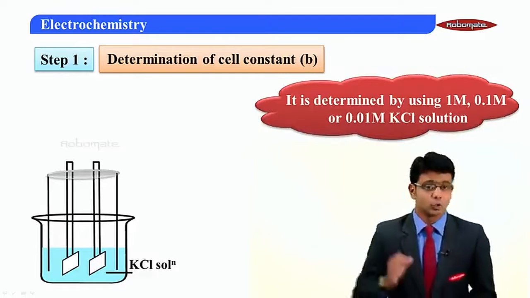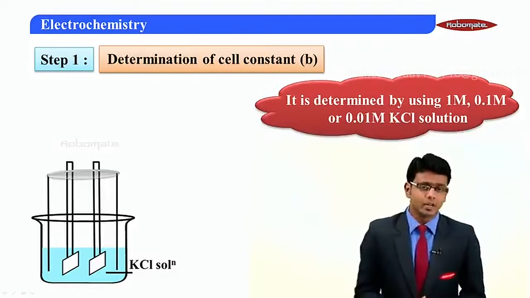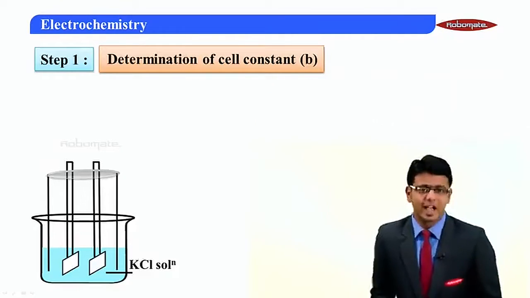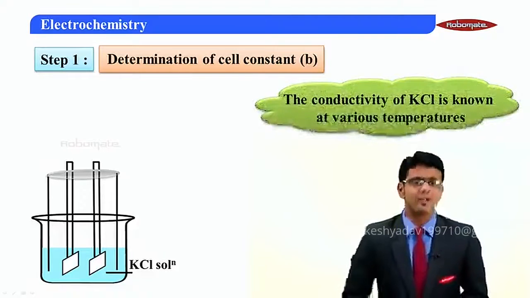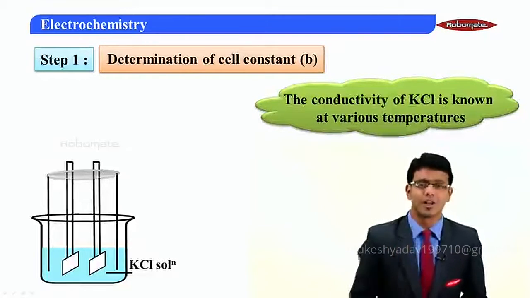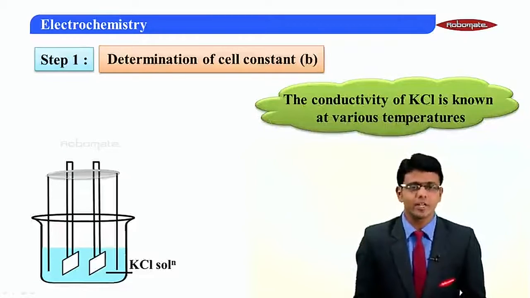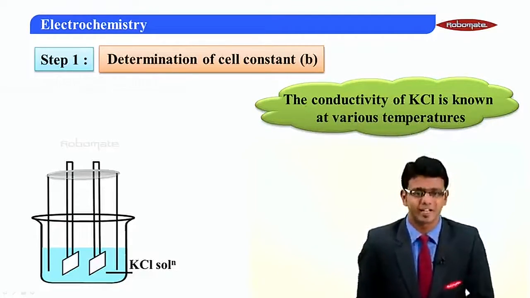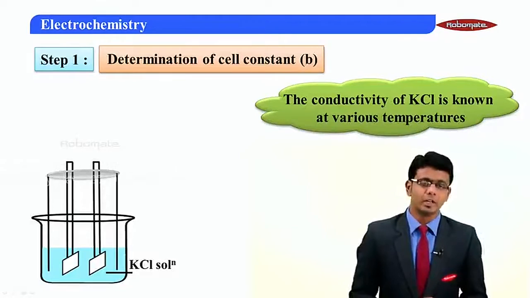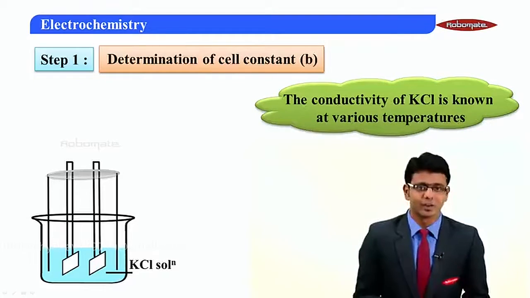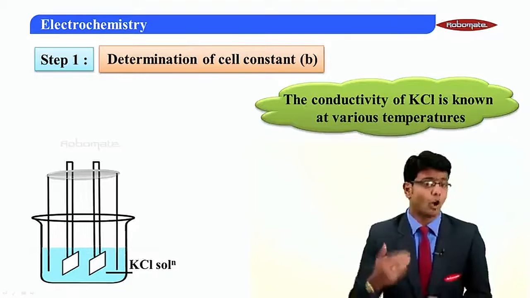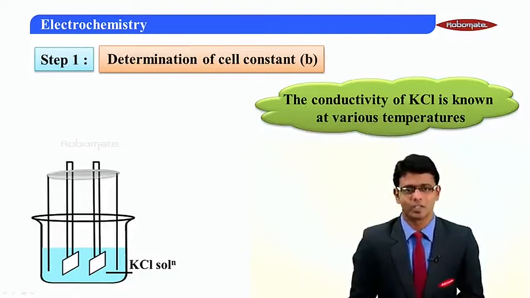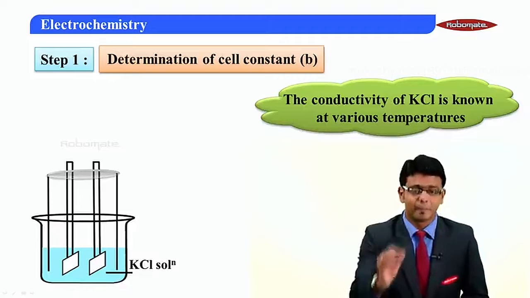Now students, for these particular concentrations we have the conductivity values of KCl known to us. So the conductivity of KCl is known to us at various temperatures. So we could have KCl of 1 molar solution or 0.1 molar solution or 0.01 molar solution, which has a